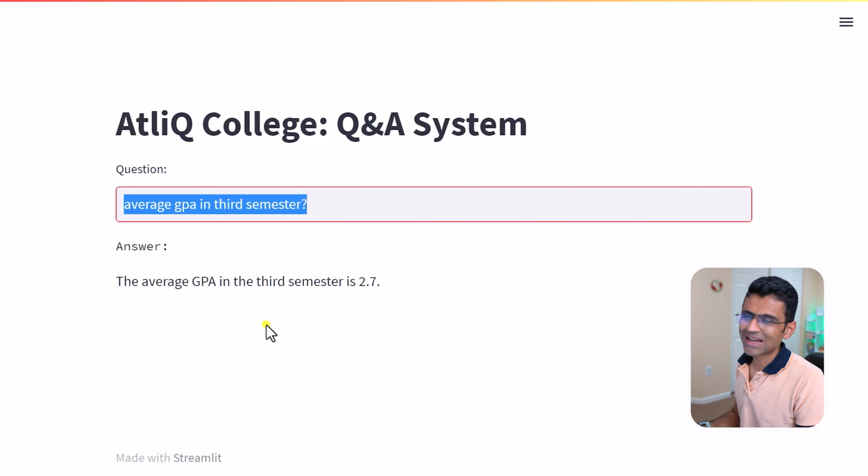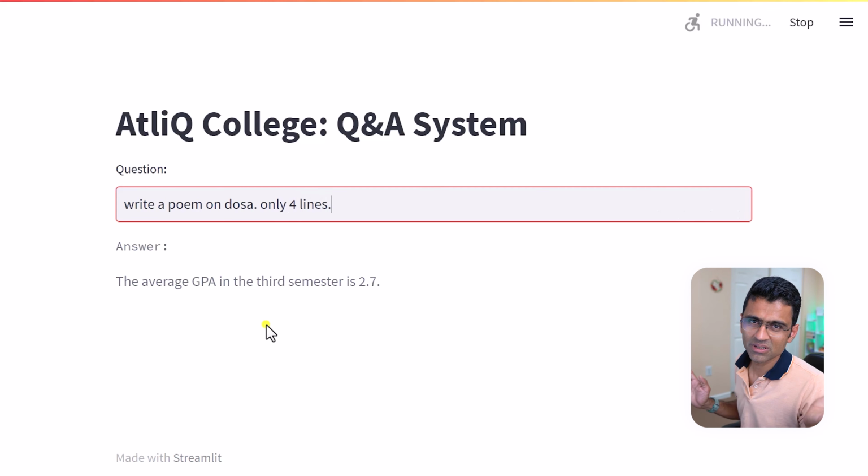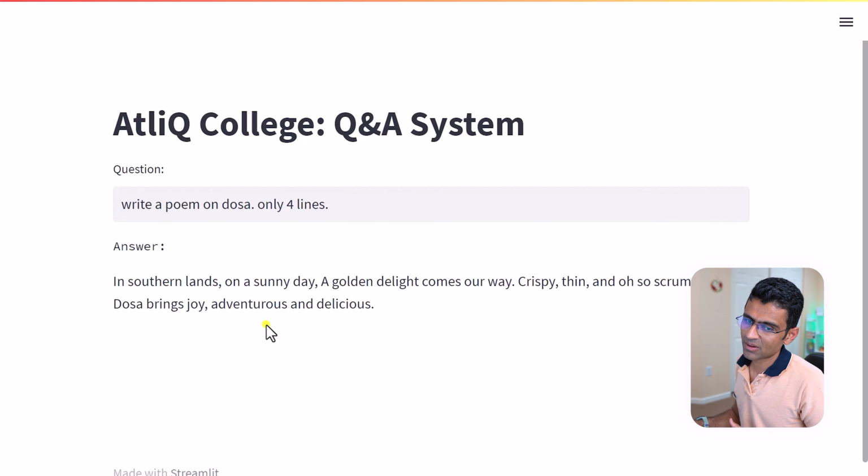You can also ask a general question like what is balance sheet, or let's say write a poem on dosa, only 4 lines. I love South Indian food, dosa especially, in southern lands on a sunny day, whatever. So it can answer all the questions which ChatGPT can answer, plus the internal Atlic database related questions.